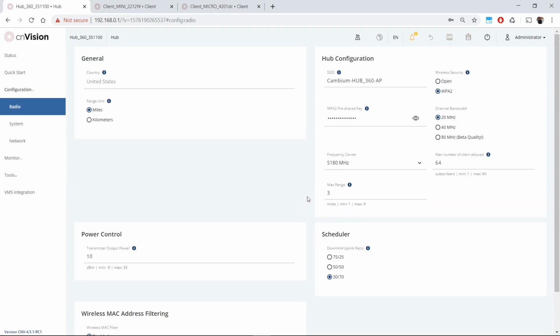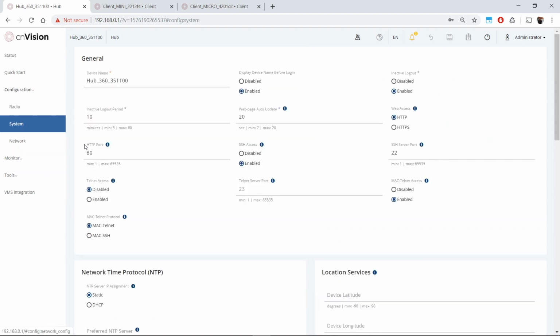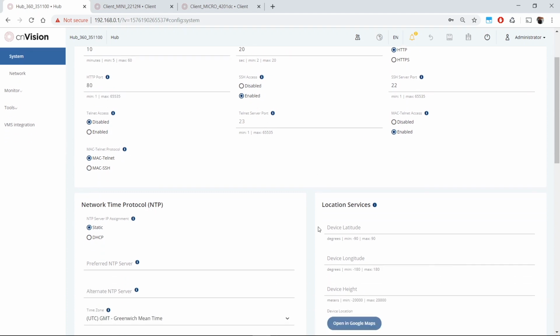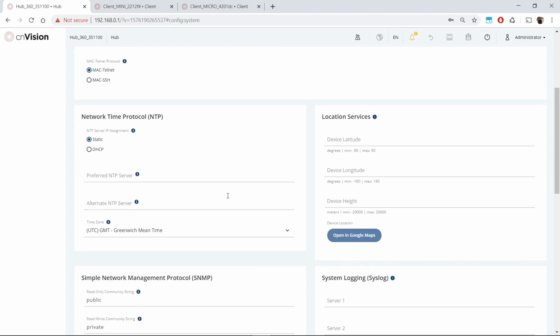Okay, so that was about the radio configuration. Let's move on to what we have in system configuration. System configuration is really straightforward, that you typically don't need to do anything about. It has the device name and so on and so forth, inactive logout period when you have this web UI open, SSH access, MAC telnet access. Here you can configure your network time protocol, location services,